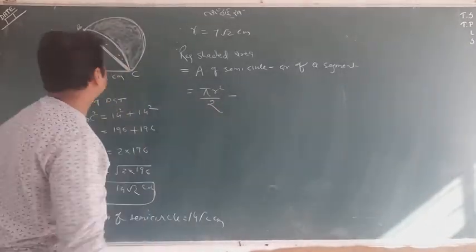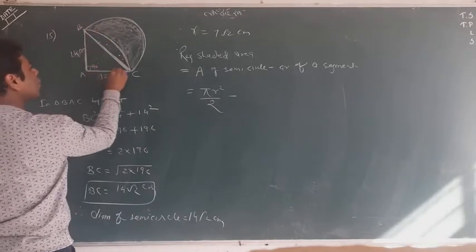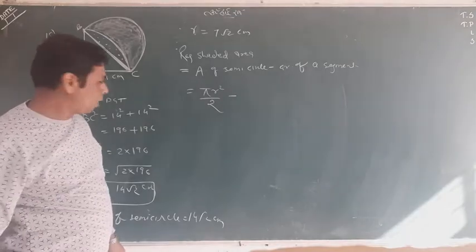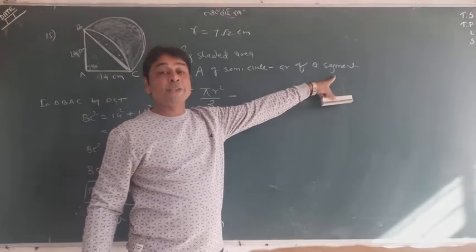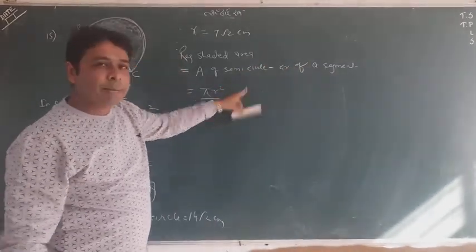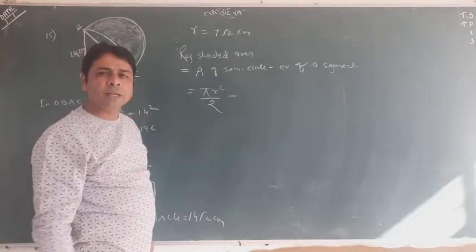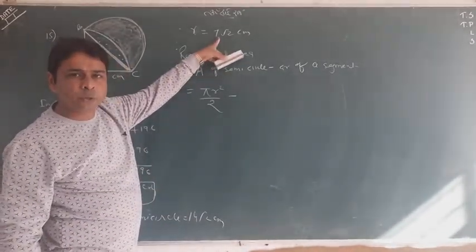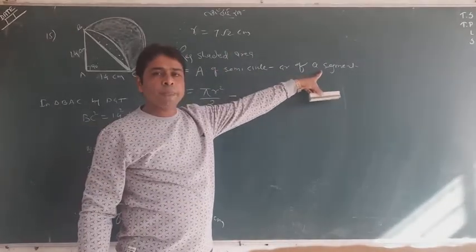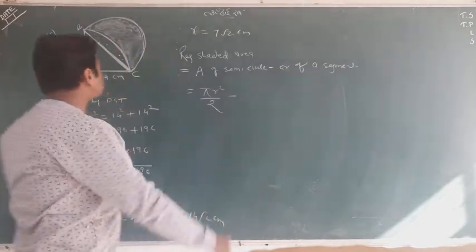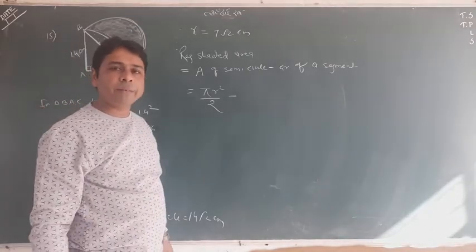I tell you one thing. Here, for that particular segment, the radius is 14. So I will use a different symbol when the radius of the segment is used. For the semicircle, BC was the diameter, half of that was the radius, which is 7 root 2, and I called it small r. In the area of the segment, the radius will be 14, and I will name it R1.